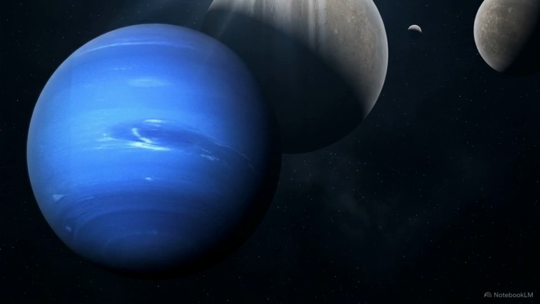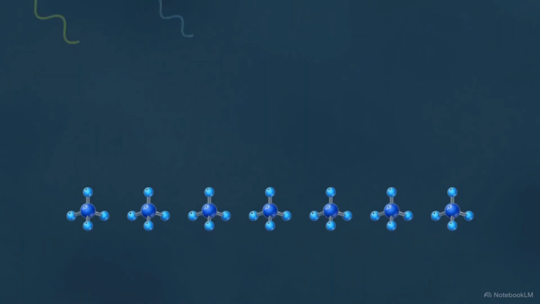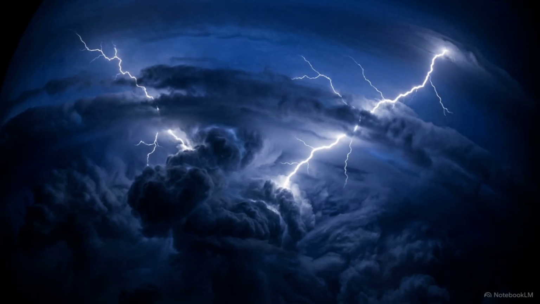This world is categorized as an ice giant, rather than a gas giant like Jupiter or Saturn. Its striking azure color comes from methane gas saturating the upper atmosphere. This diagram shows the mechanism. When sunlight hits the atmosphere, the methane physically swallows the red wavelengths, leaving only the blue to bounce back into space. This selective reflection creates a luminous appearance, giving the impression that the planet generates its own internal light. But this serene blue exterior is a deceptive veil that masks a violent and chaotic interior.